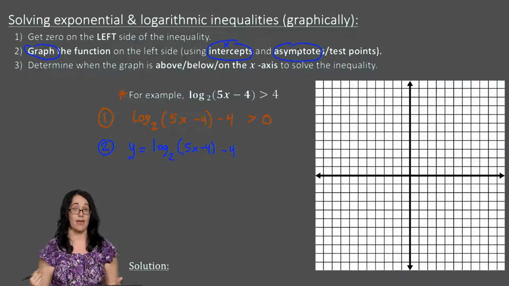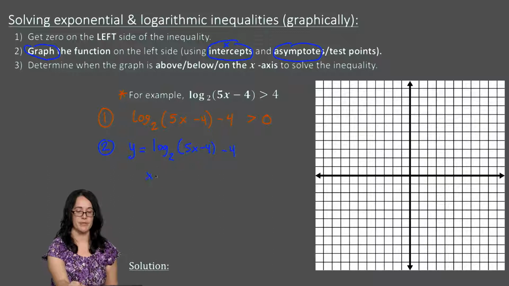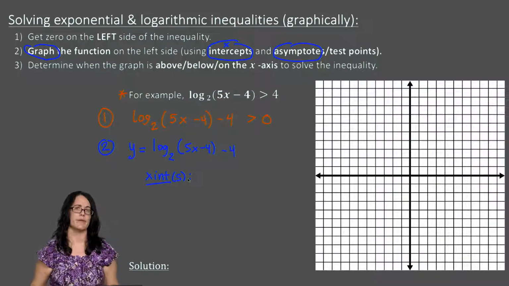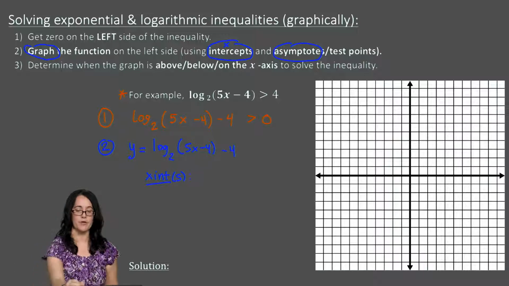In this case, a vertical asymptote, because it's a logarithmic graph, not an exponential one. So let's remind ourselves how to get an x-intercept, for example. Any x-intercepts are gotten by doing what? That's right, letting y equal 0. So if you let y equal 0, you'd have 0 equals log base 2 of (5x minus 4),